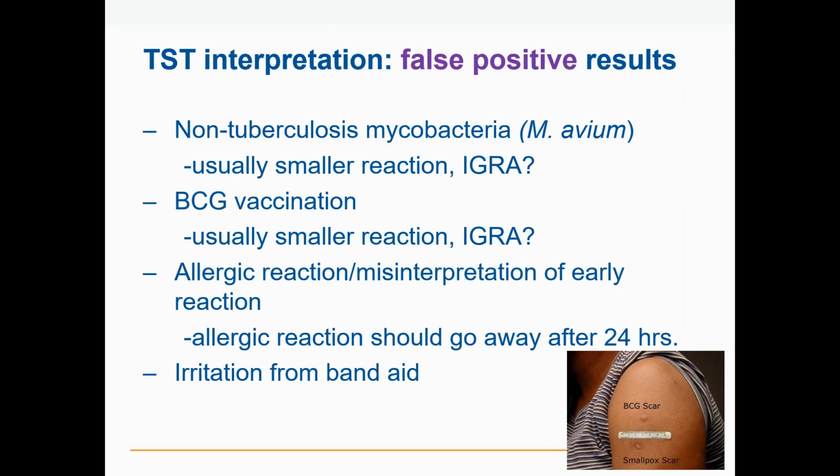False positive results also occur mainly from BCG. That's the big one. We think somewhat also due to non-tuberculous mycobacteria. That's a hard thing to measure, but there have been studies with PPD as well as MAC antigen, or the Mycobacterium avium antigen, where they put them into people simultaneously. Certainly people who react to the avium antigen were more likely to react to the PPD or TB. So there is some cross reaction. I think that's been well documented.